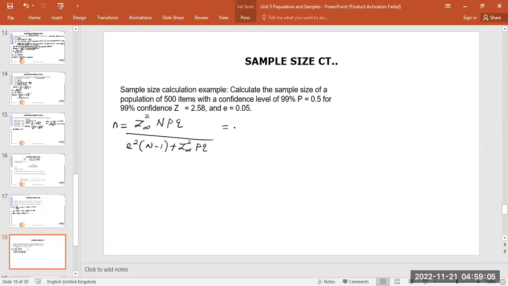Our Z alpha squared has been given as 2.58 squared, multiplied by the population size, which is capital N, we've been given that as 500, multiplied by P, which is 0.5, multiplied by Q, also given as 0.5, and divided by E squared, which is the error, 0.05